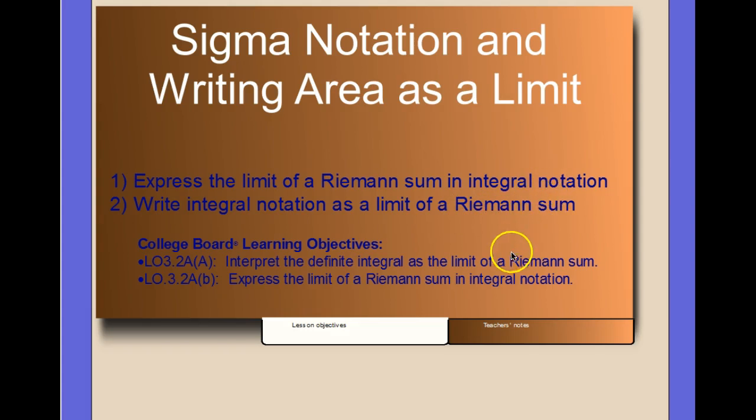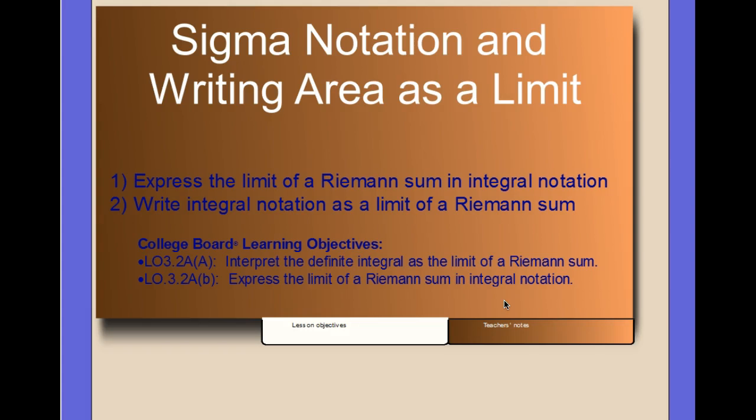And these are our learning objectives from the College Board. LO 3.2a, subparts A and B. Interpret the definite integral as the limit of a Riemann sum and express the limit of a Riemann sum in integral notation. So we're talking a lot about notation in this section, and there is a lot of notation here